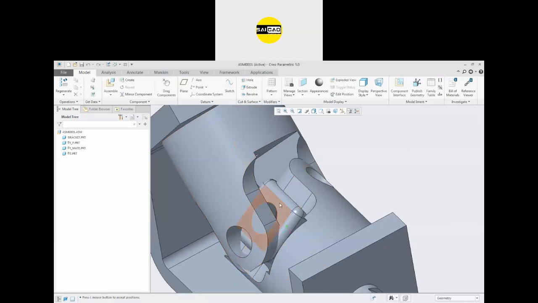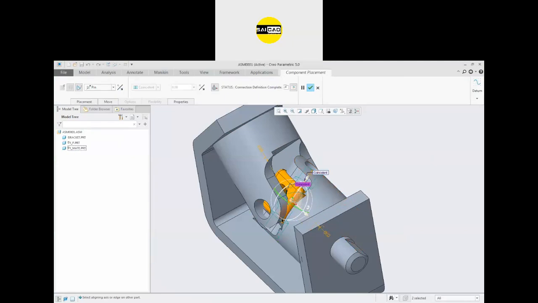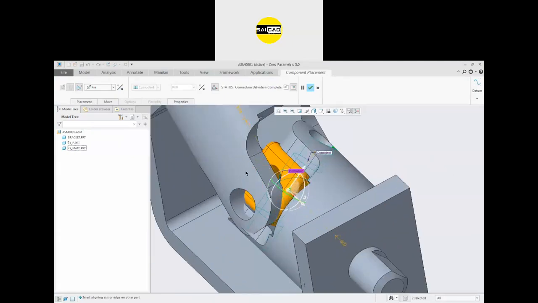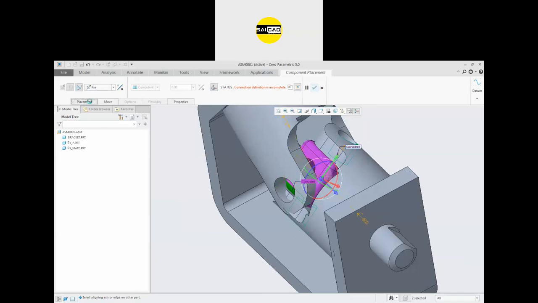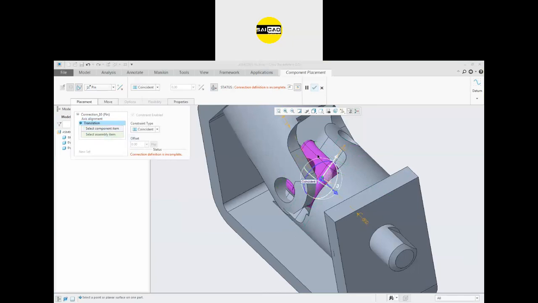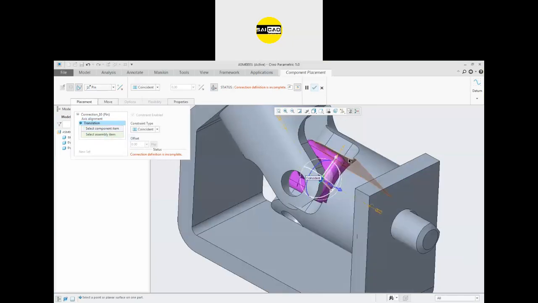To do that, go to Edit again, and we have to apply the second relation, but you can see this is already defined. We cannot define the relation now. If you select these two faces, you can see that this is a different color. If I select the face to face, the connection definition will be gray. Okay, so what to do? To define the second translation, you just have to define the face to face relation again.